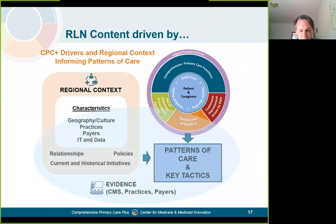We try to also focus on the IT and data infrastructure that's in place and what other considerations might be driving where the practices are and where they need to go. And then we look at the CPC Plus drivers and try to combine those with the regional context factors to generate those patterns of care and those key tactics that will drive success in primary care transformation at the regional